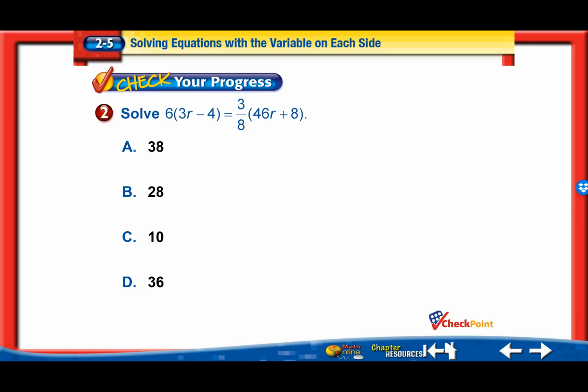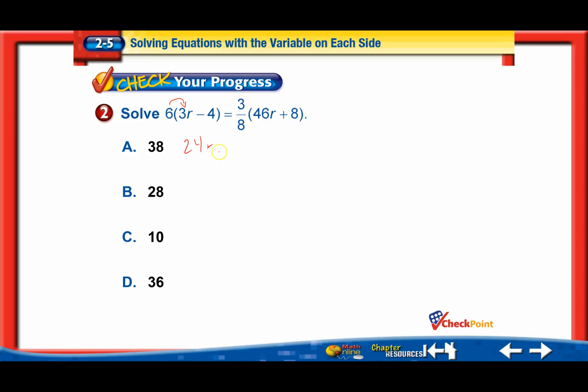And pause this one, give it a shot. All right, so this one's a little bit complicated, but let's break it all down here for you. So first let's do this side first. It's a little easier. 6 times 3r would be 18. 6 times 3,